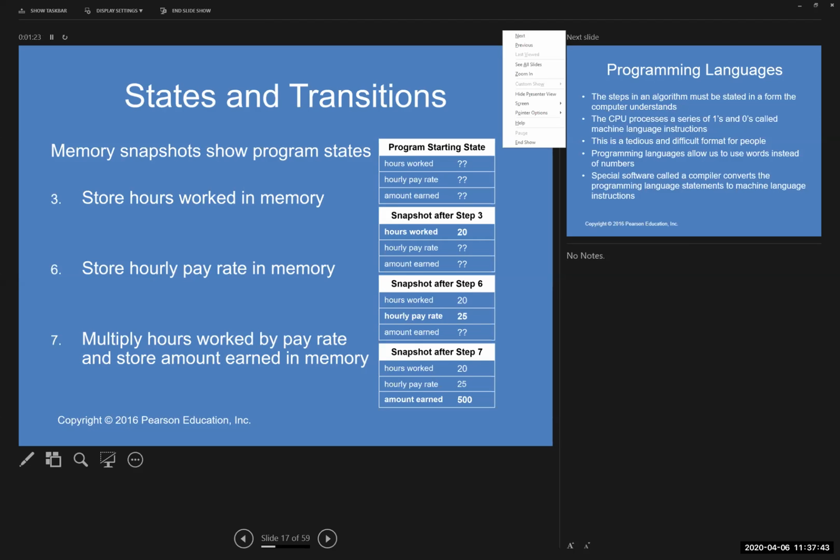So the memory changes. This is an important thing to remember: variables are memory addresses that change as the program executes. As the program executes, it changes from containing whatever was in memory to containing 20, 25, and 500. That's why we call them variables, because their content changes. Right, we're going to do examples to illustrate that. But before we do that,